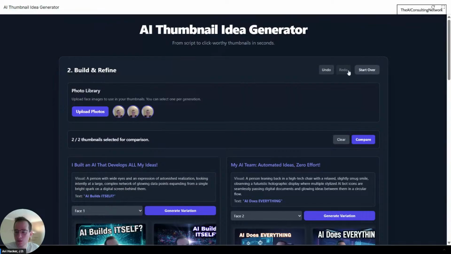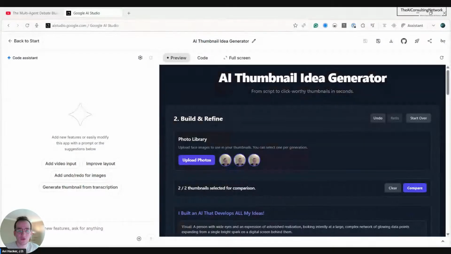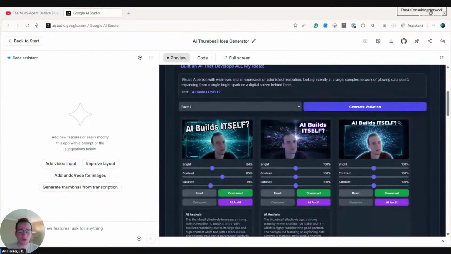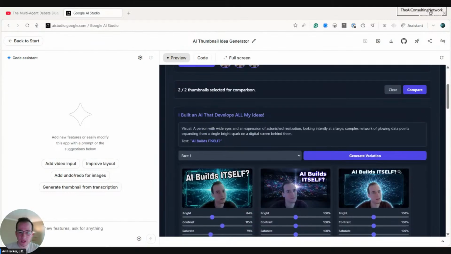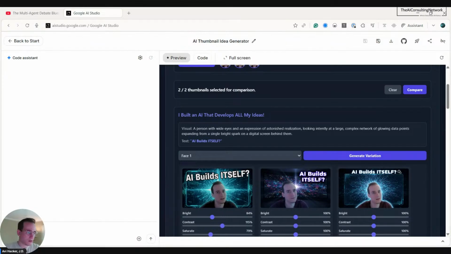So now I want to continue building this app more towards allowing it to compare more than 2 thumbnails. So I want to be able to compare more than 2 thumbnails. Allow this many, sorry, like